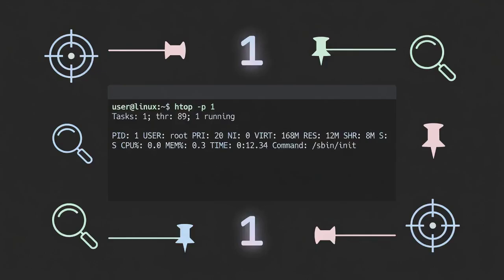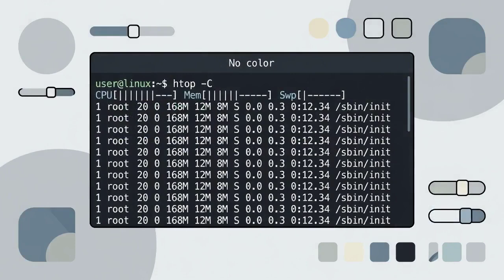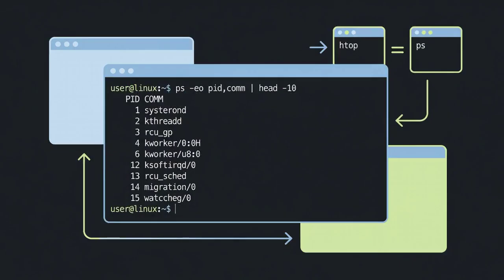With -p 1, htop monitors PID 1, which on most Linux systems is systemd or init, the very first process the kernel starts. The -C flag disables color output, rendering htop in monochrome. This matters when you're piping output to a file, redirecting to a non-color terminal, or working over a session that strips ANSI codes. To compare htop's interactive view with a snapshot from ps, we run ps -eo pid, comm, pipe through head